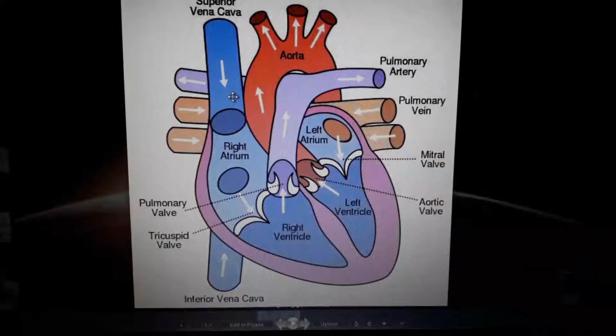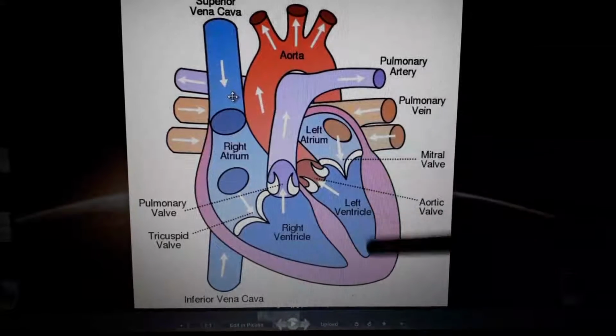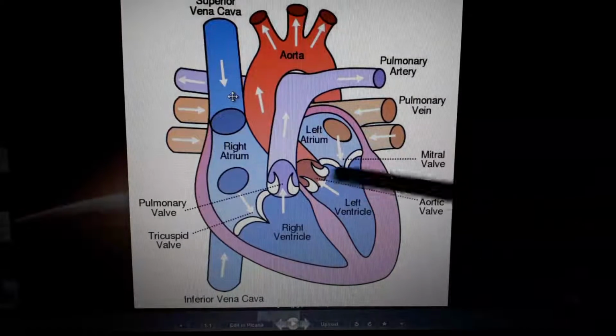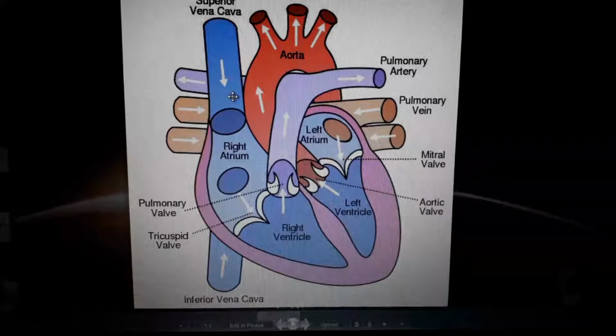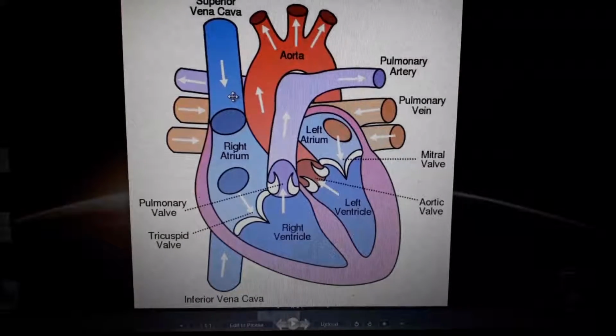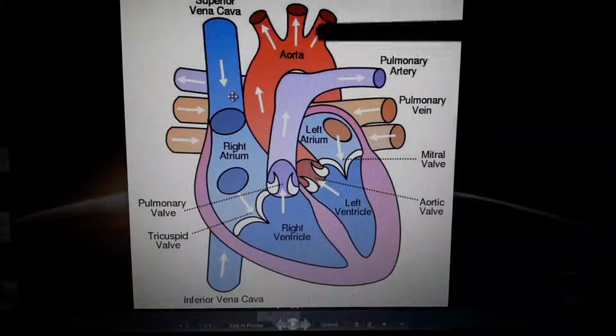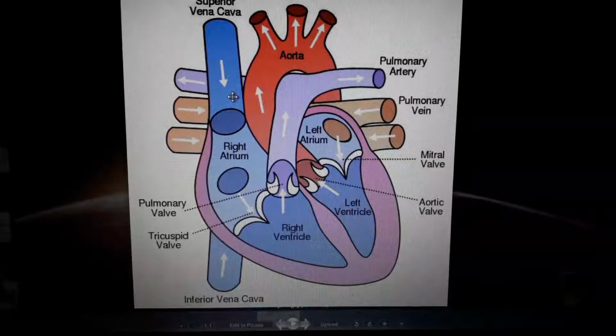Then comes the left atrium, which collects the blood from the pulmonary vein and gives it to the left ventricle. The left ventricle, one of the strongest parts of our heart, pumps the entire blood throughout our body. The aorta takes that blood to the different parts of our body. Then it is used by our different organs, cells and all. After that it comes back to